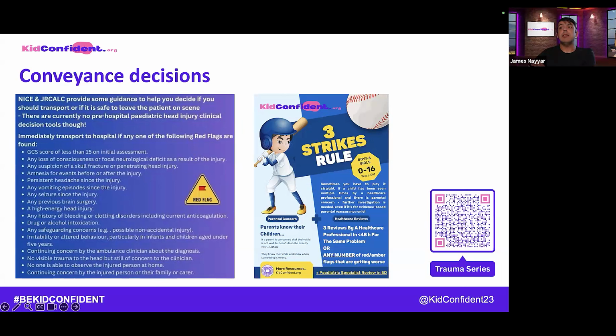But actually, there currently is no pre-hospital tool to support decision making, apart from just the guidelines that are there, and on JR Calc especially is probably the most useful thing for a decision tool that just tells you this whole list of bad things that mean kids have to go to hospital or adults have to go to hospital. But there is a group who are researching this, and they have published some excellent work in the past 2 years. So I expect there will be a specific tool in the future which sort of might let you leave more kids at home with some safety netting advice and monitoring.